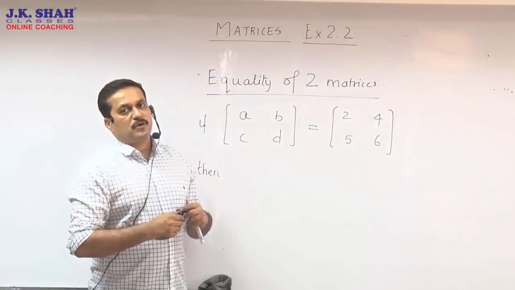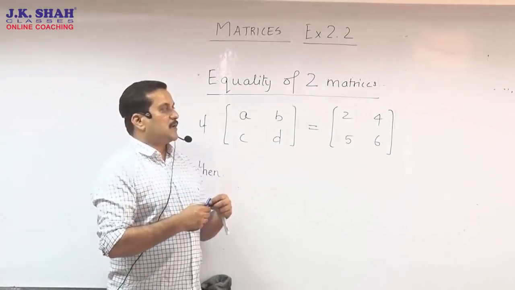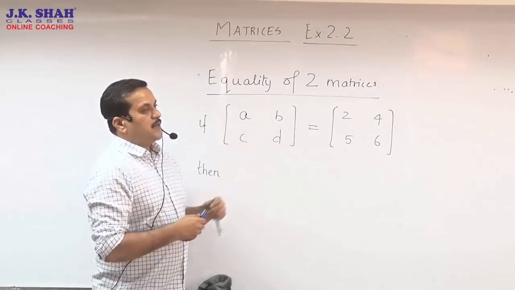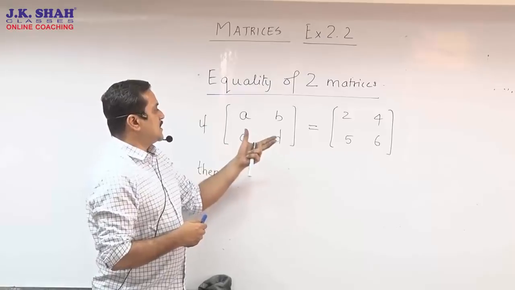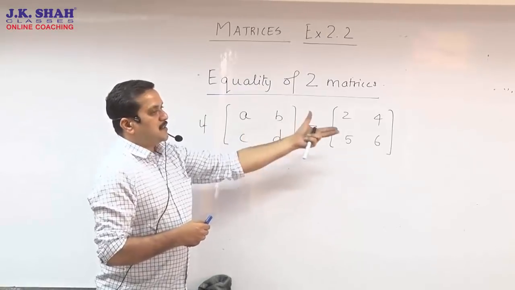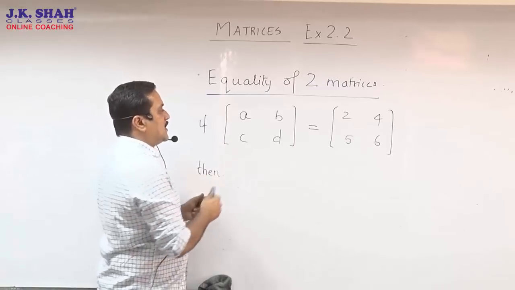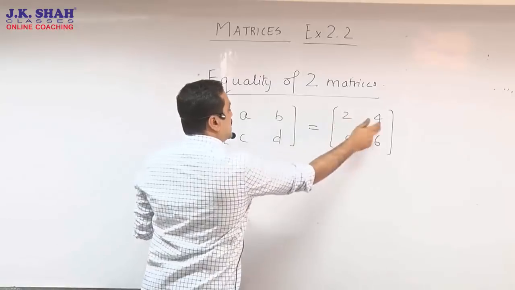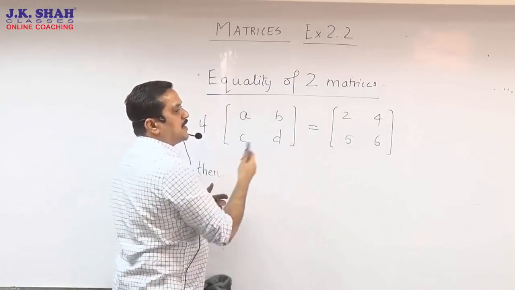So before we go ahead into आगे का sums, I would just like to put a note over here. When we want to equate two matrices, that means either they say that the two matrices are equal, or we are going to put up in that way that this matrix is equal to that matrix. What do you mean by that? The corresponding elements are equal. When each and every corresponding element is equal, we say the two matrices are equal.